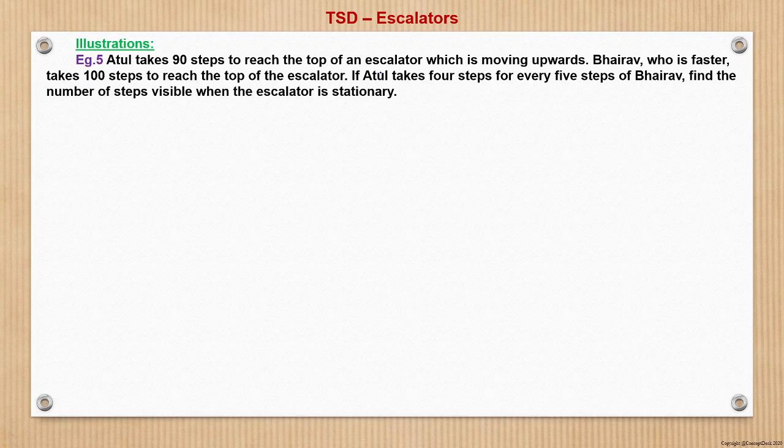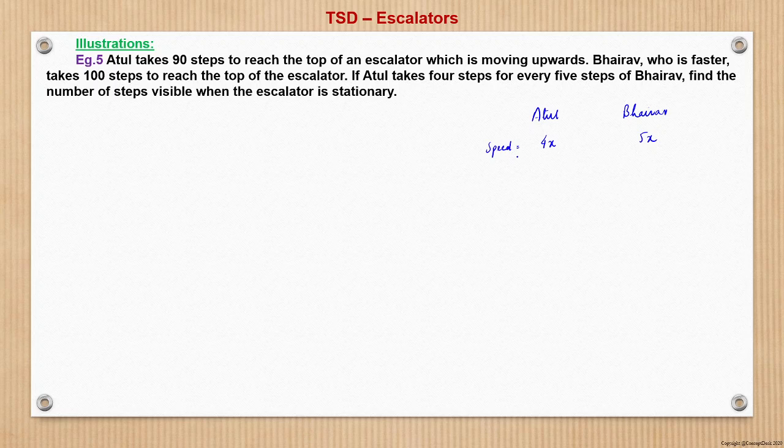discuss the speed of Atul and Bhairav. It is given that Atul takes 4 steps in the same time in which Bhairav takes 5 steps. That means Atul covers 4 units of distance in the same time when Bhairav covers 5 units. So the speed will be in the ratio 4 is to 5. So let us assume that the speed is 4x and 5x. Right. So now this is the speed